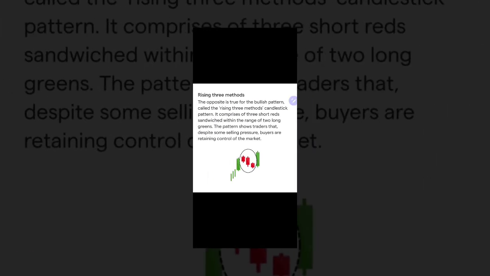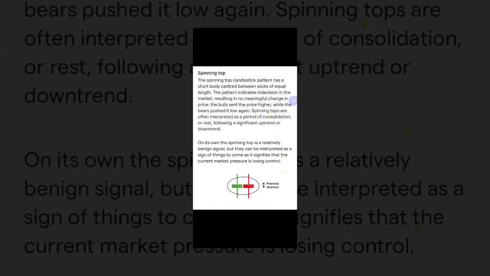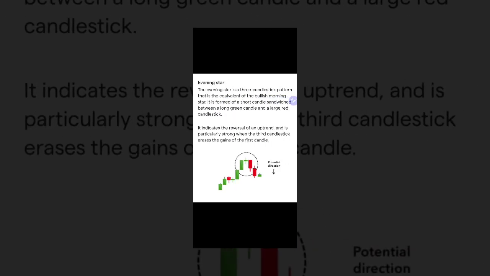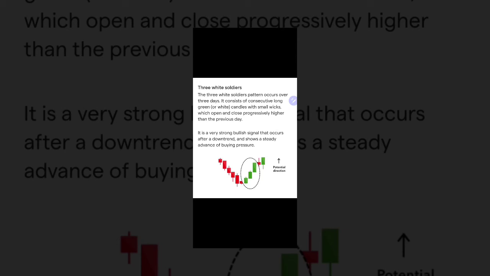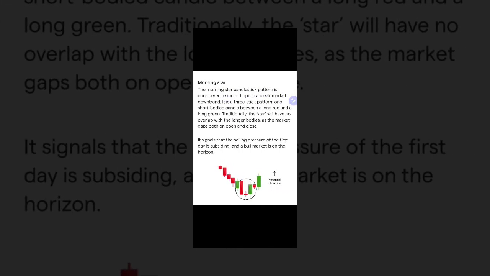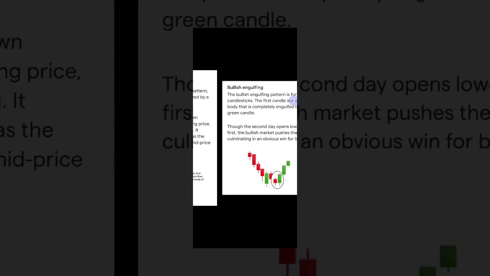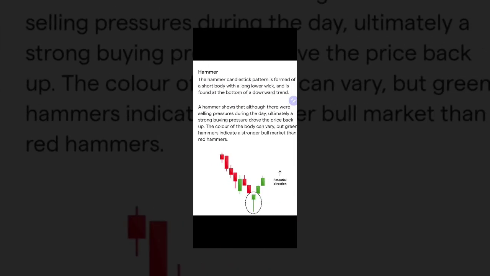So here, these are continuation charts. Continuation, continuation, continuation, continuation, bearish trend, bearish trend, bearish trend, bullish trend, more bullish trends, and a bullish trend that's kind of hard to predict, and another bullish trend, and that is the end